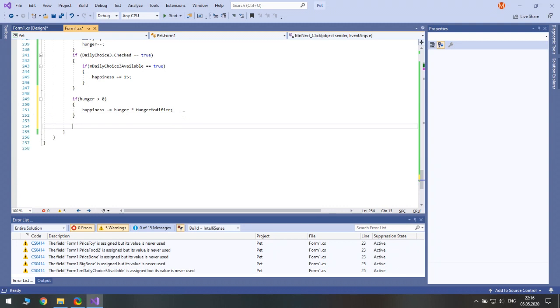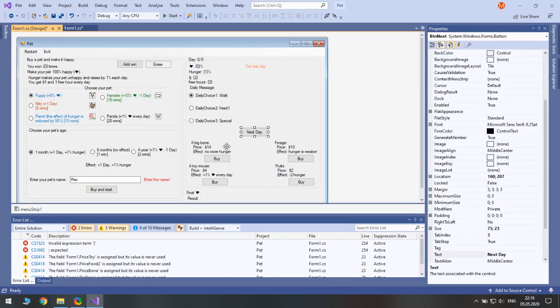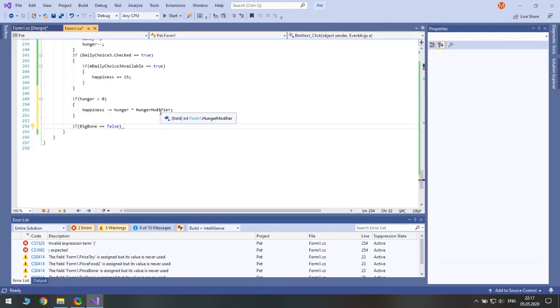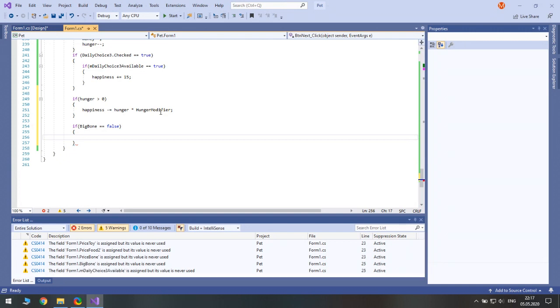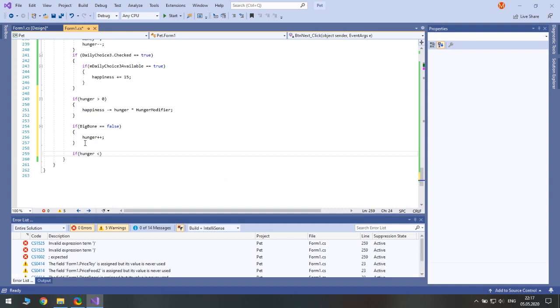So then we need to check if big bone was bought. So if big bone is not bought, that is, if hunger increases, then we increase hunger. And if by any chance hunger became less than 0, then we should assign it to 0.